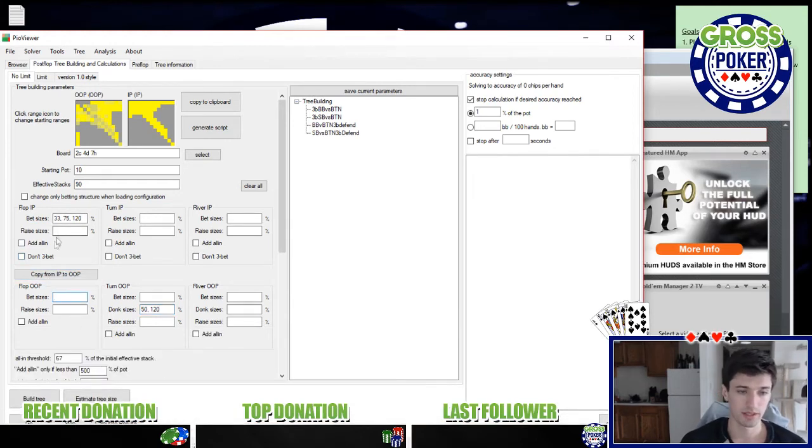And so after you put those bet sizes in, raise size is usually 3x. This has a percentage on the side, so if you wanted to put 300, you could put 300, but 3x also works for raise sizings. And I usually just hit copy over from IP to out of position. And on the turn, we'll do the same thing. Actually, we'll just do 50 and 90. 50 and 90, and we'll just run a turn sim,